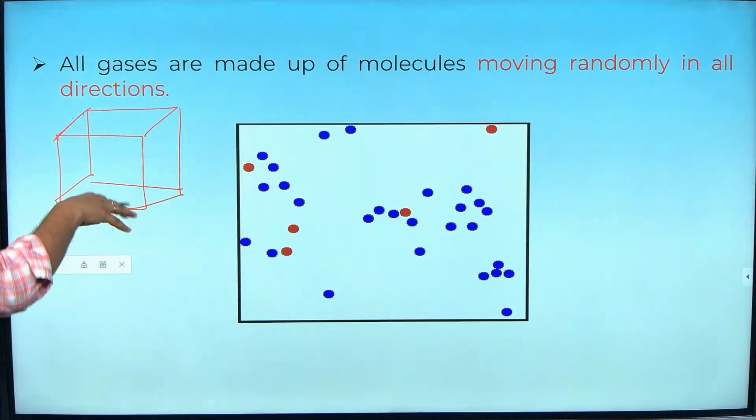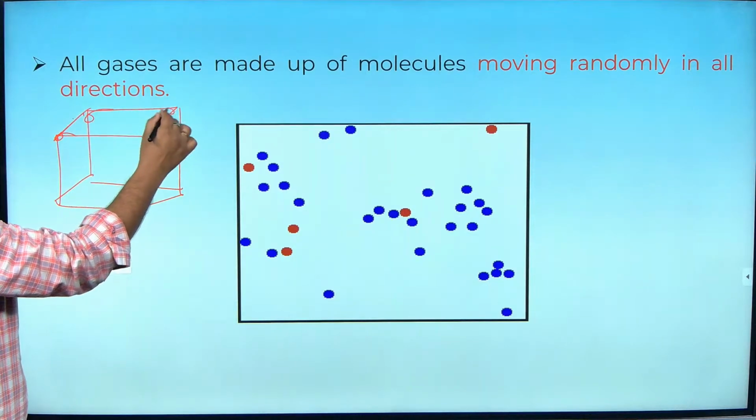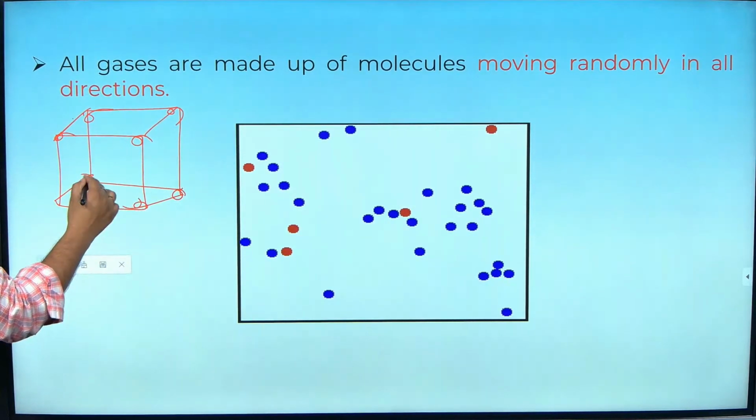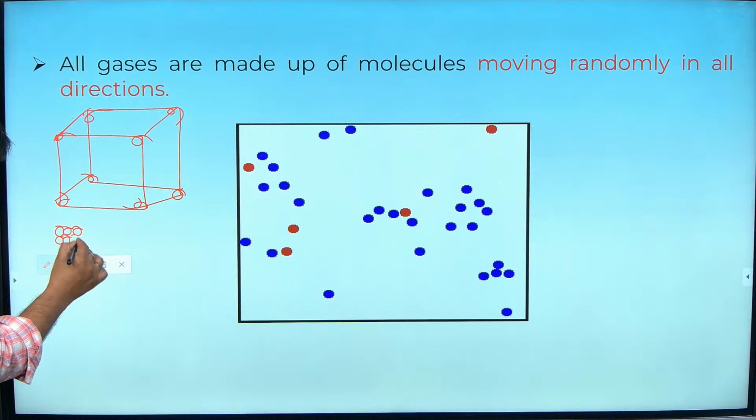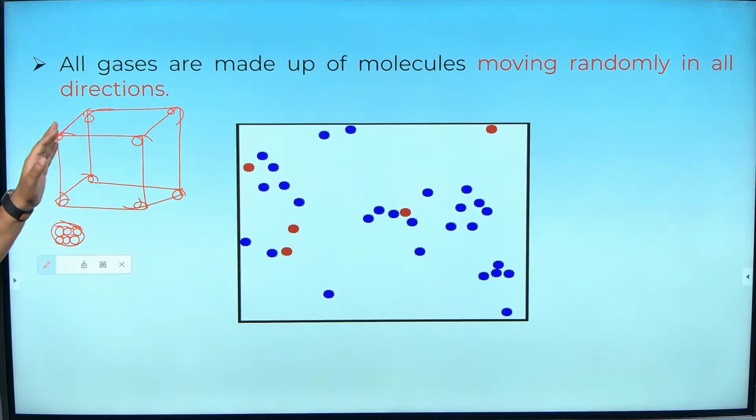If I am keeping 8 molecules, they will go and surround like this, maybe like this. So what is the volume of these gases? The whole volume of the cube. If I take all these molecules separately and arrange them like this, 1, 2, 3, 4, 5, 6, and find its volume, you cannot say the number, but whatever value you find, that volume will be way lesser than the original volume